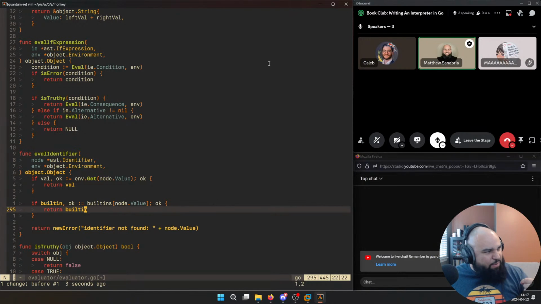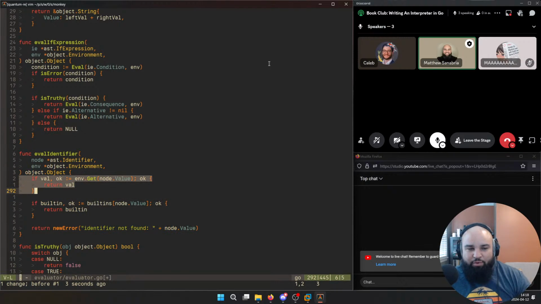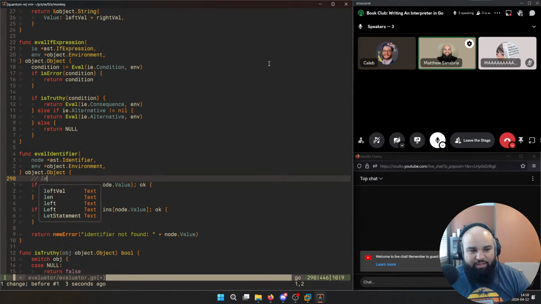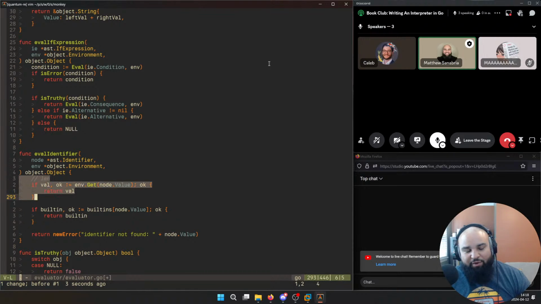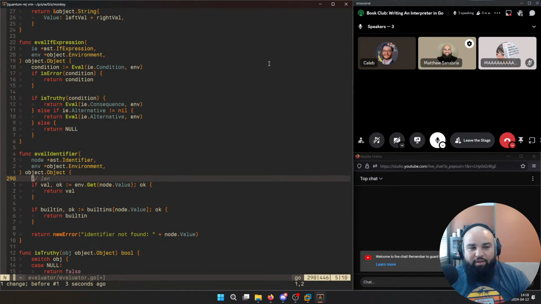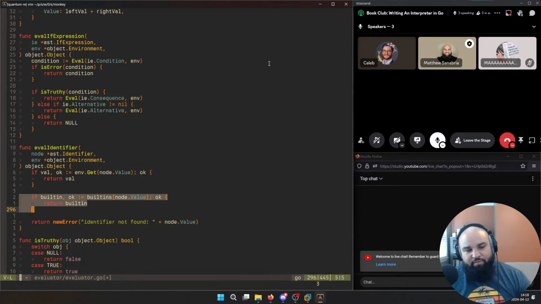So I think it was last week that we created this concept called an environment, so that if you created variables or functions that were nested, you would shadow the environment from your parent. Here, we're creating a new environment called built-in that is global across our whole program. So if we don't find a shadowed version of len, let's say we called len, if we don't find a shadowed version of len in this environment, then fall back to the built-in and use the built-in.